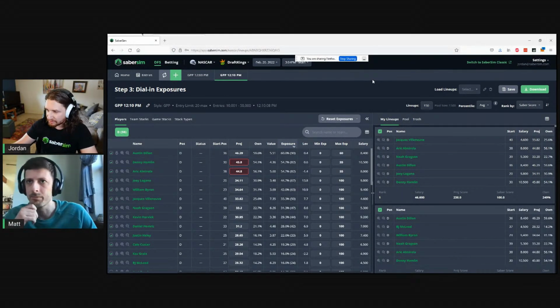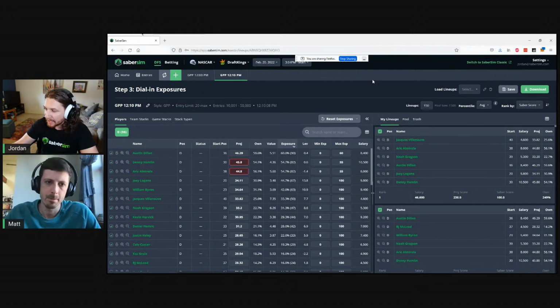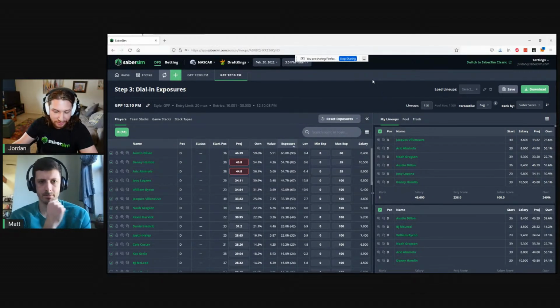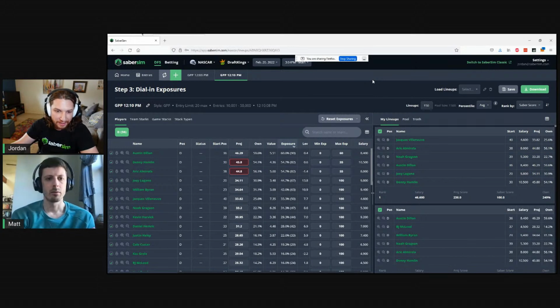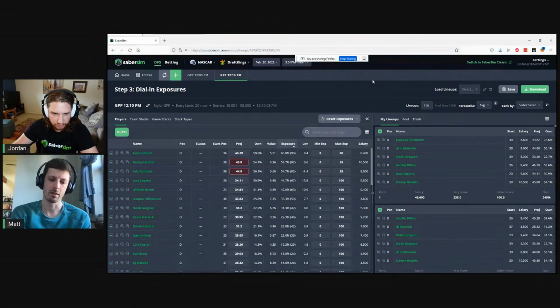Whereas in football, there's so much information out there that you can practically walk into an article telling you to stack your QB and your wide receiver together now. And in baseball, right, there's a lot of stacking. I really don't think the field has caught up to the roster construction component of NASCAR. And some of that is because so many of the other tools out there require so much work from the user to get these kinds of lineups in them. And so you end up creating these heuristics. You'll create these groups and these rules that get you close, I think, to what is ideal for NASCAR lineups, but it's not going to get you all the way there, and you're missing a lot of nuance